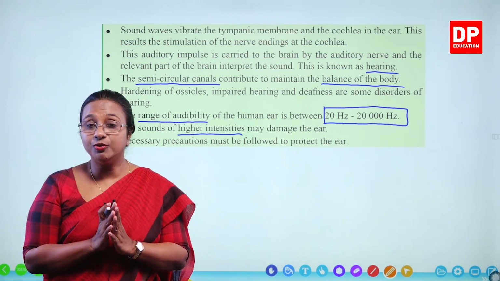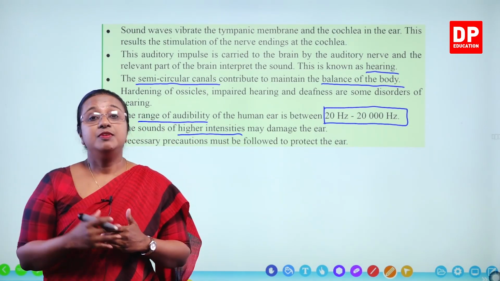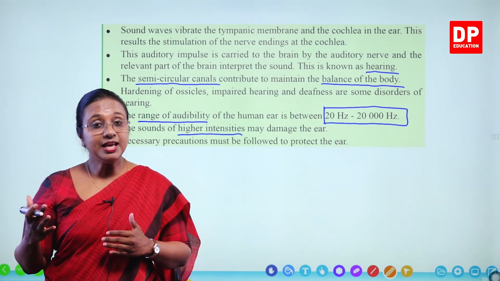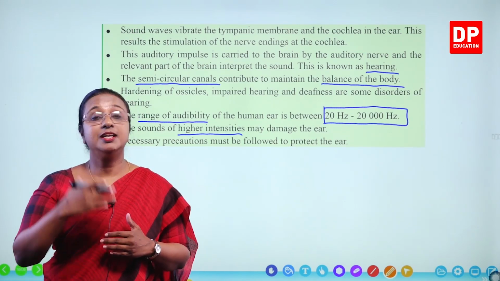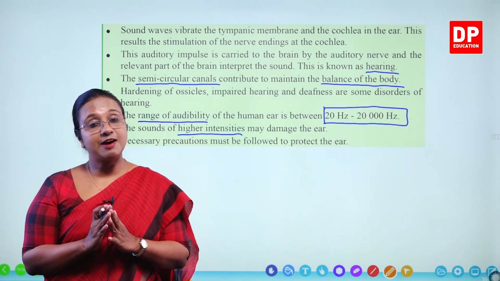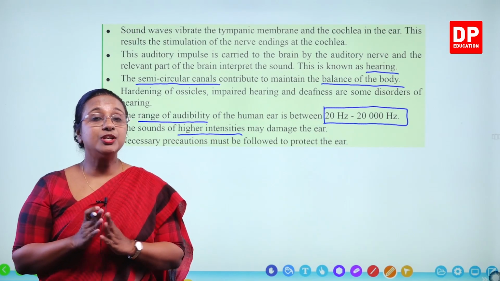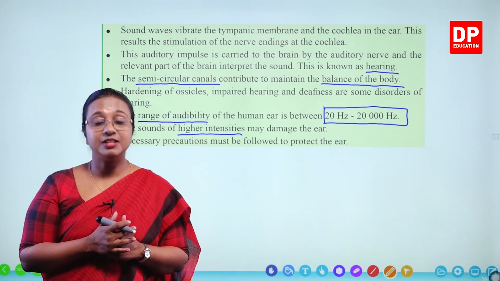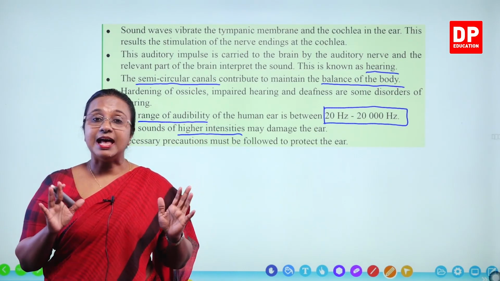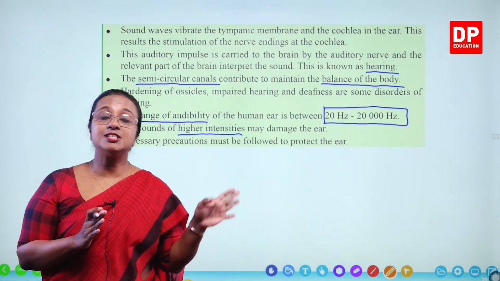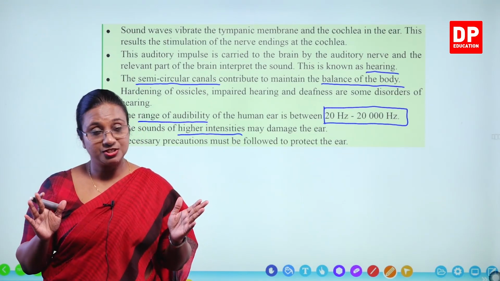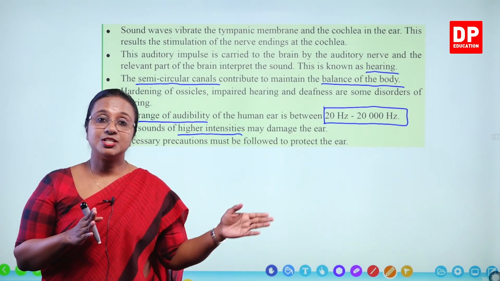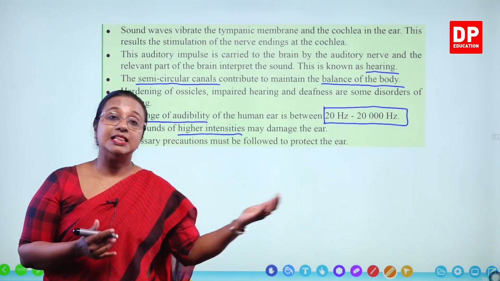I am sure you all know how the visual sensory organ, the eye, and the auditory sensory organ, the ear, function in our body, how important they are, and how we should take care of and maintain the health of these two organs. So, with that, we have finished the lesson. Next, we will discuss questions. First, I will start off with the questions in the textbook in the next chapter.